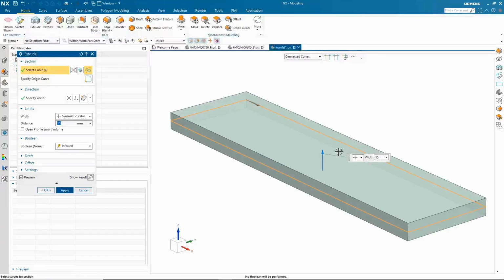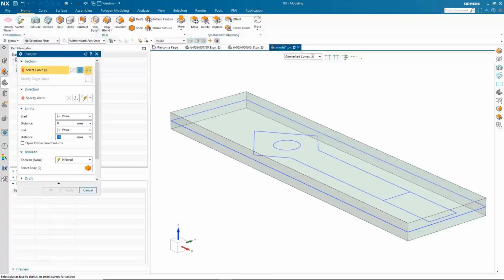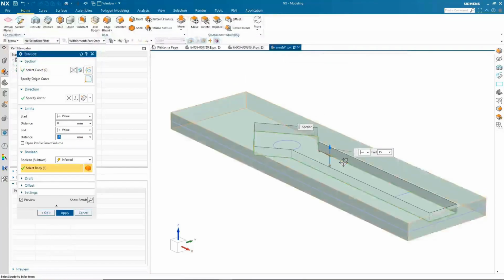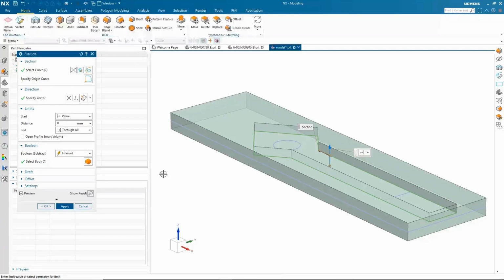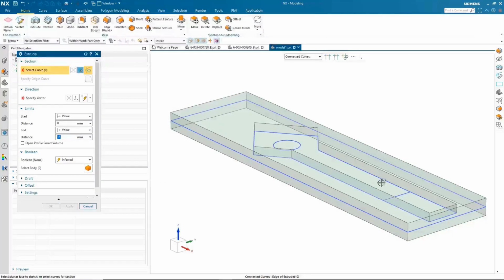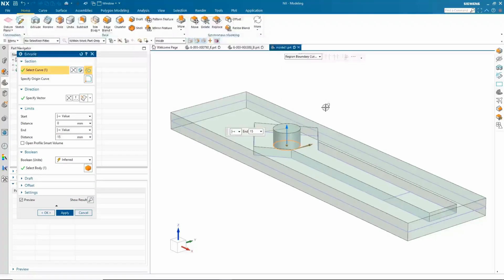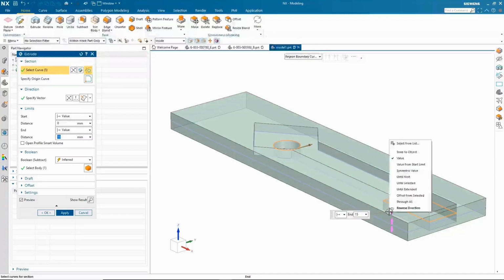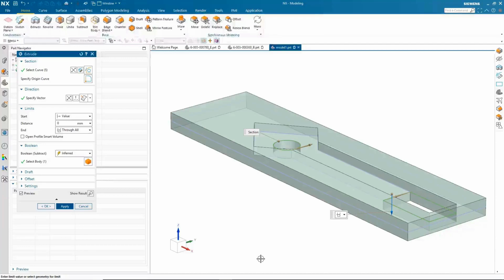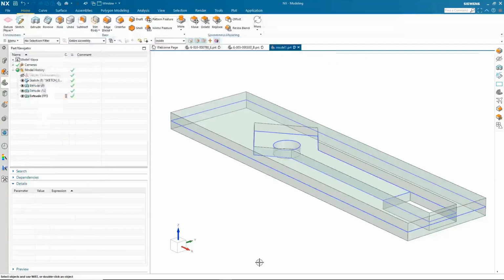Next, we will take the second extrude and use the top half of the connected curves and eliminate the top portion of the arrowhead. Then, finally, we will pick the circle and use a bounded region at the back to cut out the bottoms and make a slot all the way through our bracket. Once the extrusion is complete, all we need to do is add a couple of blends to all of the sharp corners. We have completed our bracket in just a few steps in a very short amount of time.